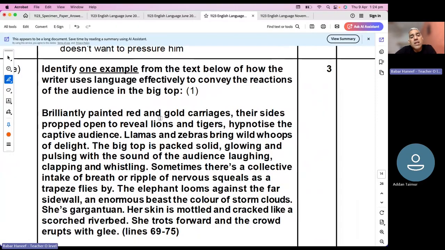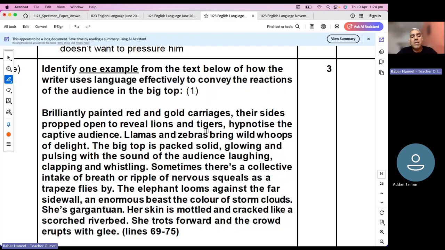Again, the extract that you'll get in the paper is going to be very descriptive, so you can easily pick up any example out of it, but only pick a short phrase. Brilliantly painted red and gold carriages, their sides propped open to reveal lions and tigers,